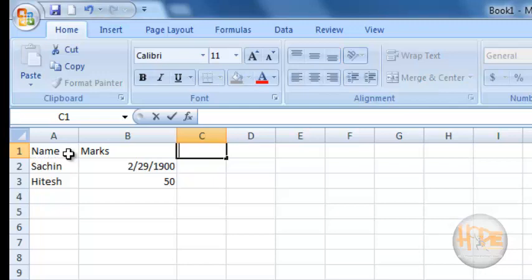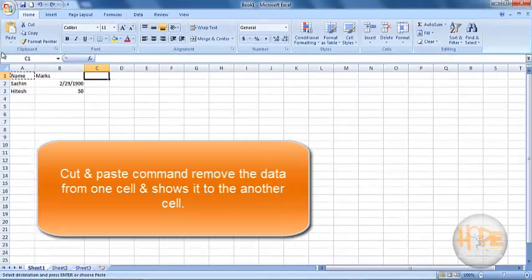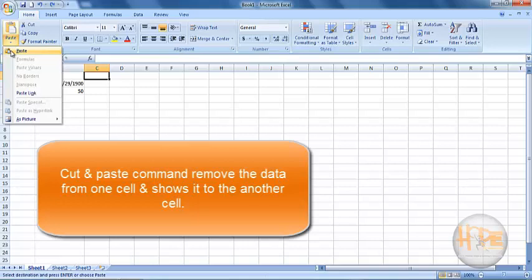Now let's see the cut command. Now again select any data that you want to cut and then go to the cut option in the clipboard and click on it. Now select another cell where you want to place the data and then go to the paste command.